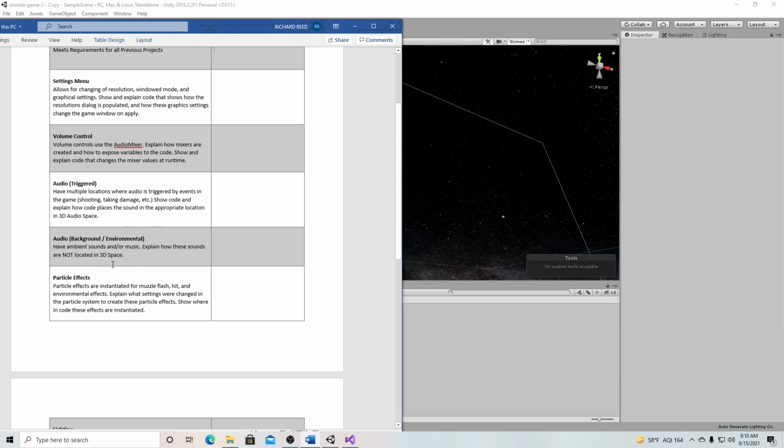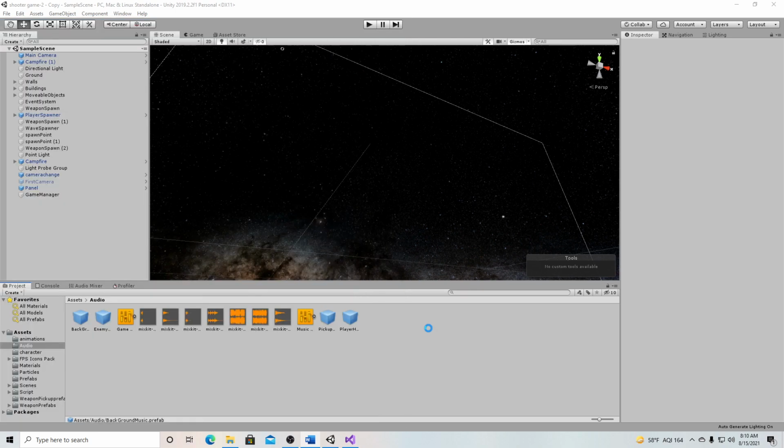Background and environmental music. So I have music as well. It's pretty much the same thing as sound effects. The only difference is it is background music, and then this will only play when it is being called with the